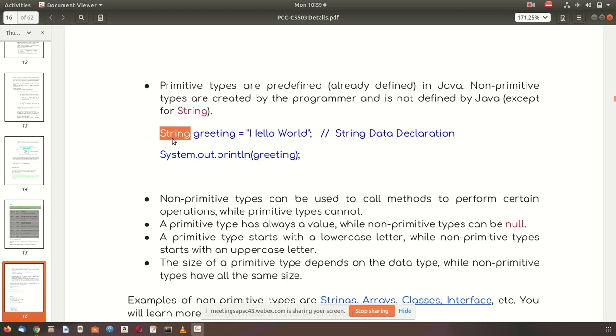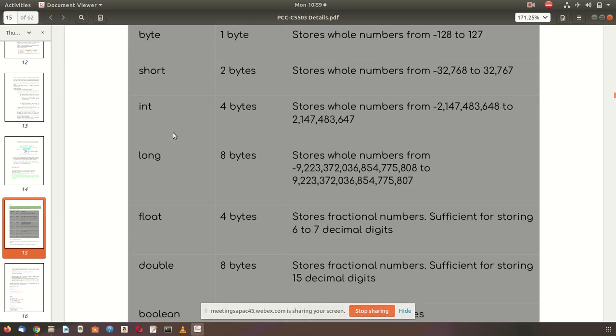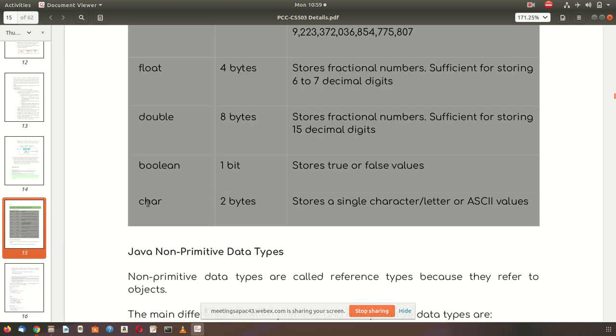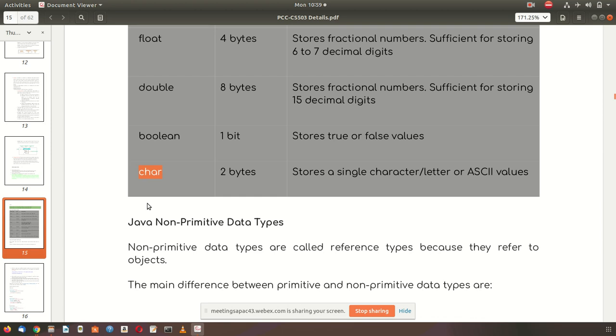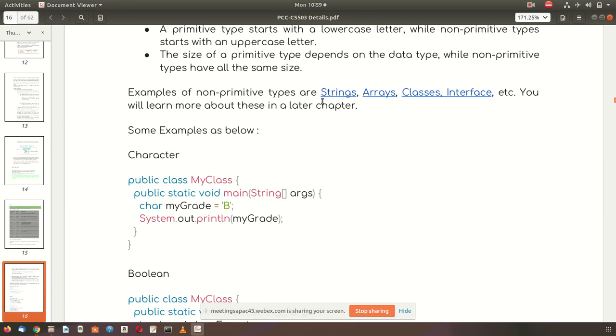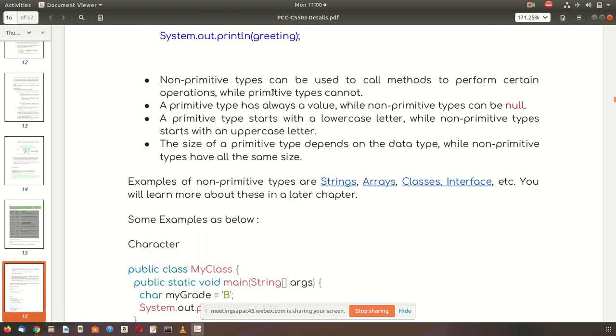It is a derived data type. String is a collection of characters, and string is a data type.